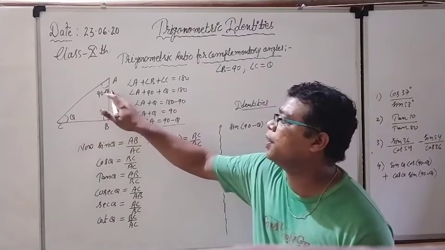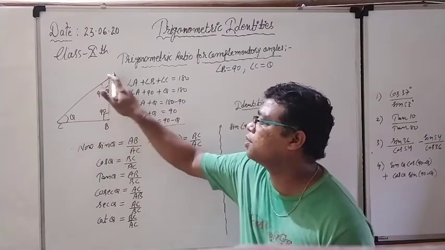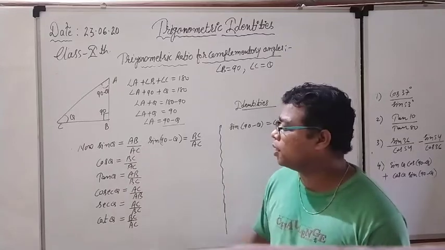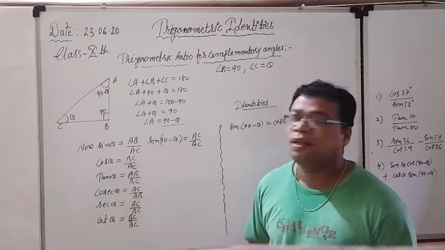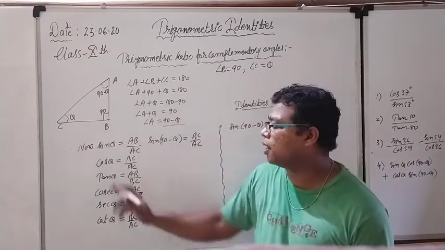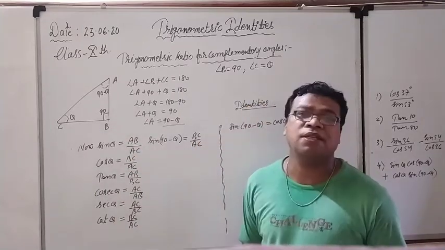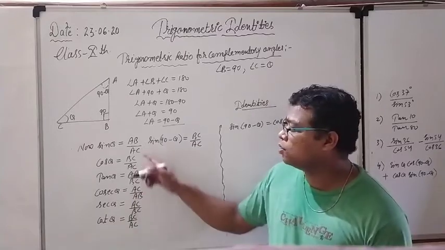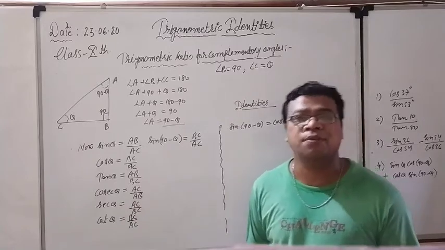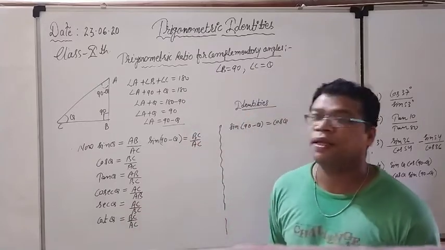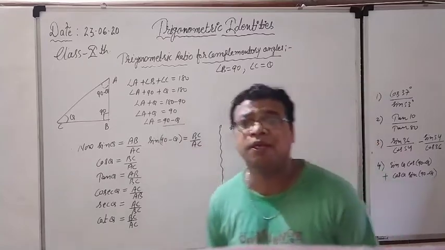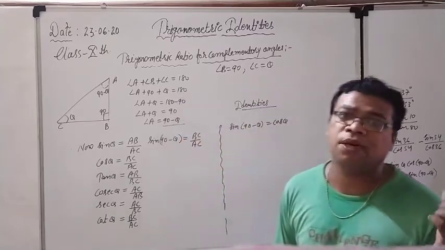Sin theta is equal to perpendicular upon hypotenuse, so AB upon AC. Same like that, cos theta, base upon hypotenuse, BC upon AC. Tan theta, that is the perpendicular upon base, AB upon BC. Okay, cosec theta. Cosec theta is nothing, it is the reciprocal of sine, so it is just reciprocal, AC upon AB. Same like that, sec theta is the reciprocal of cos theta, and cot theta is the reciprocal of tan theta. That we already know. That is the basic thing, no need to explain more.